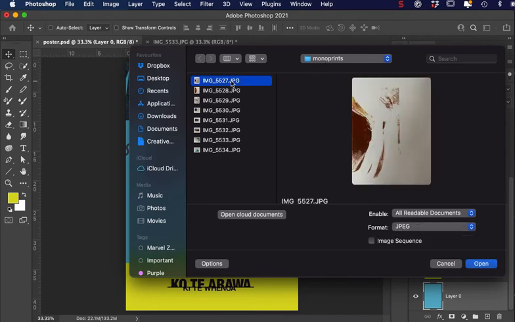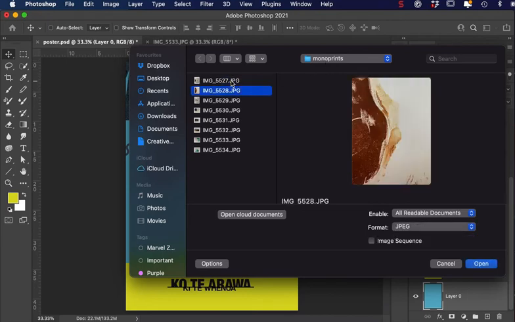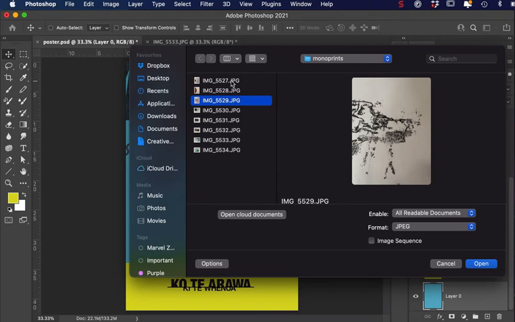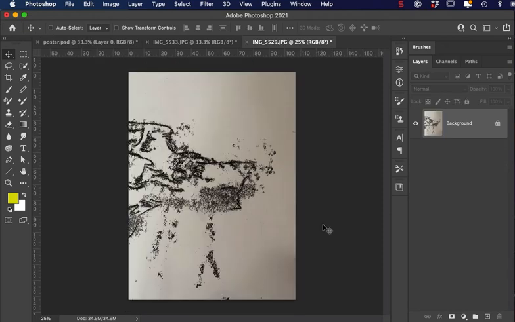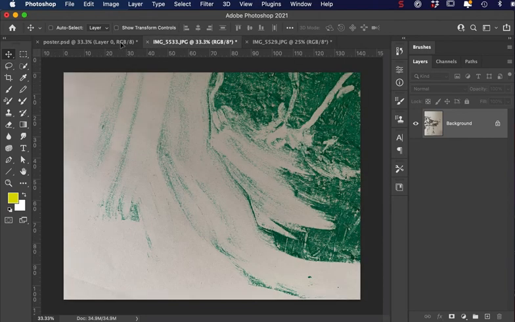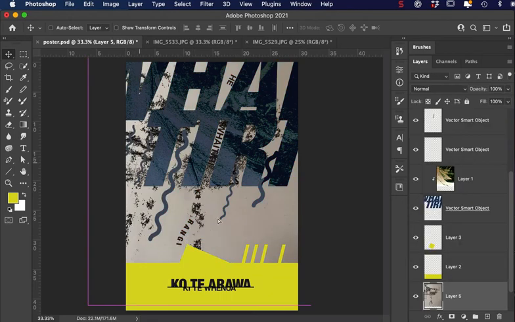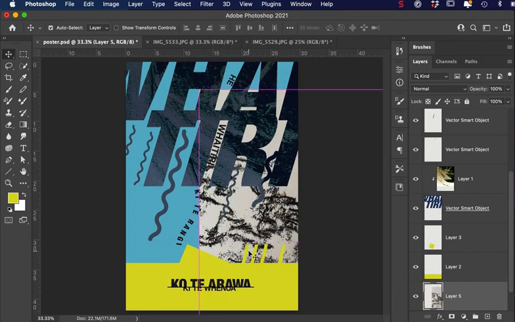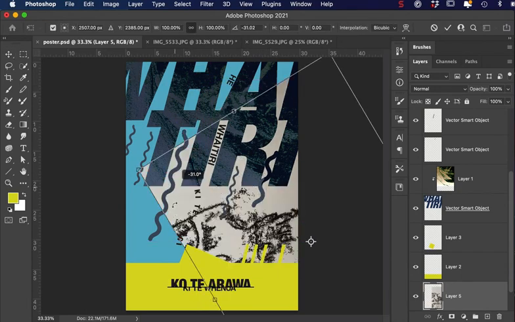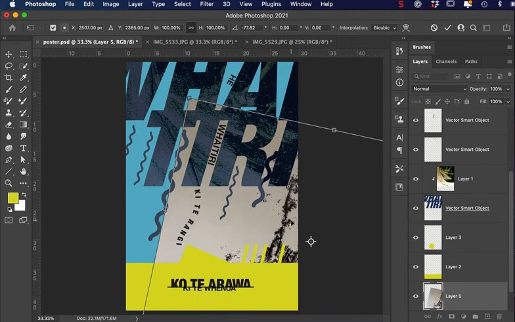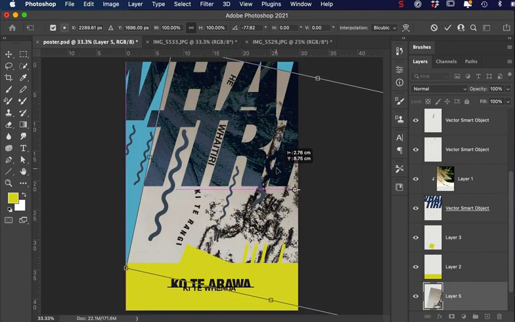I've got my monoprints again, so I'll look through this, and maybe this one looks pretty interesting. Just going to open this up, select all. Oh, actually I can just again with the arrow tool, grab it, drag it up to the right tab, bring it in, drop it. So put that there, Command T, just going to drag it around a bit, and it almost looks like lightning